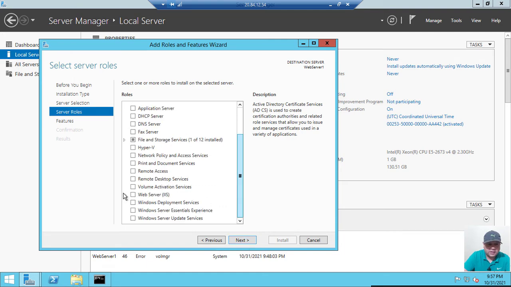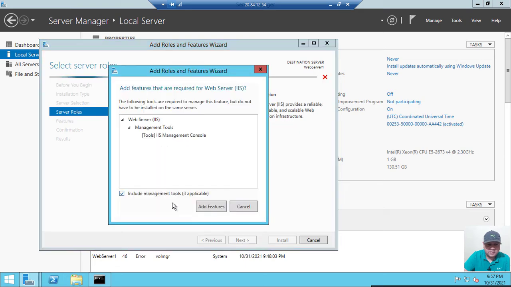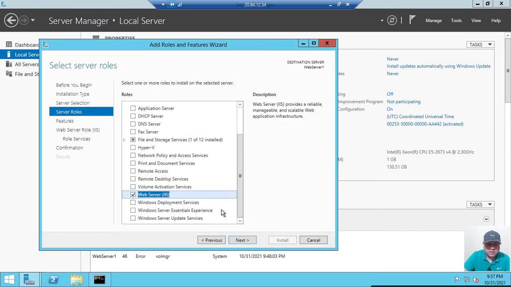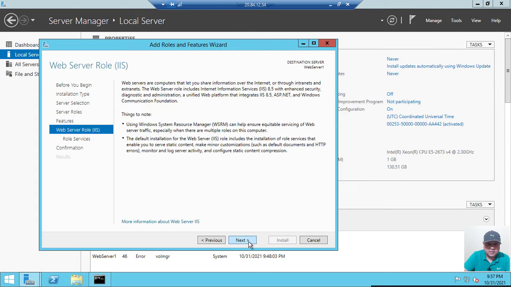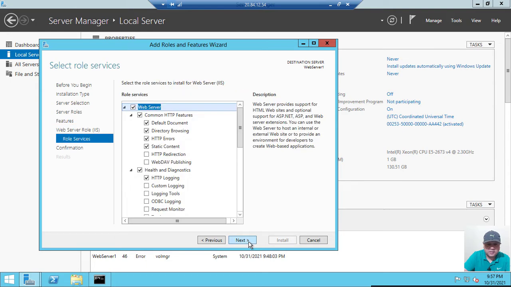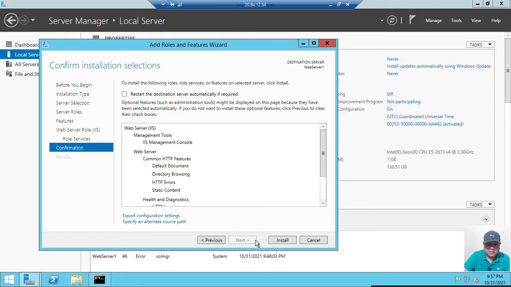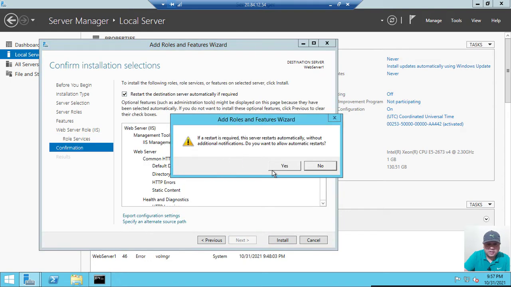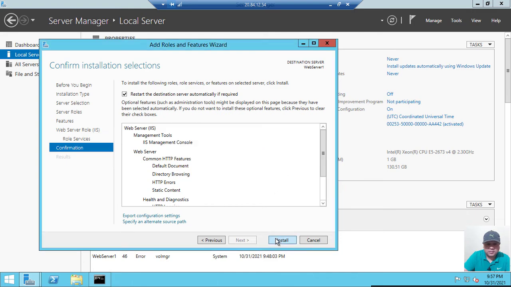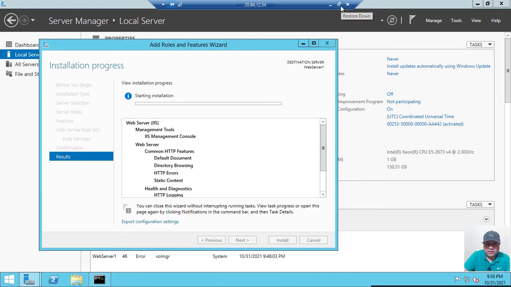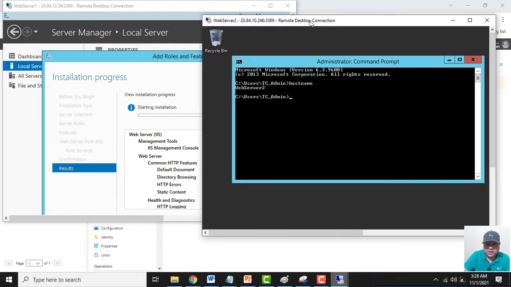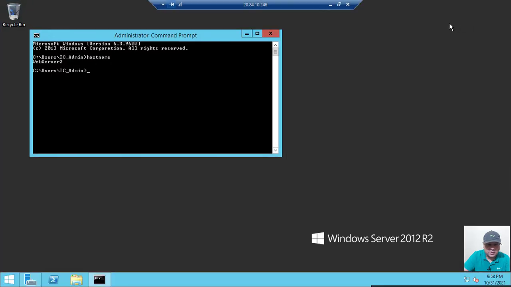Now I need to select web server IIS. Click on add features. Click on next, next, next, next. Check here. Click on install.